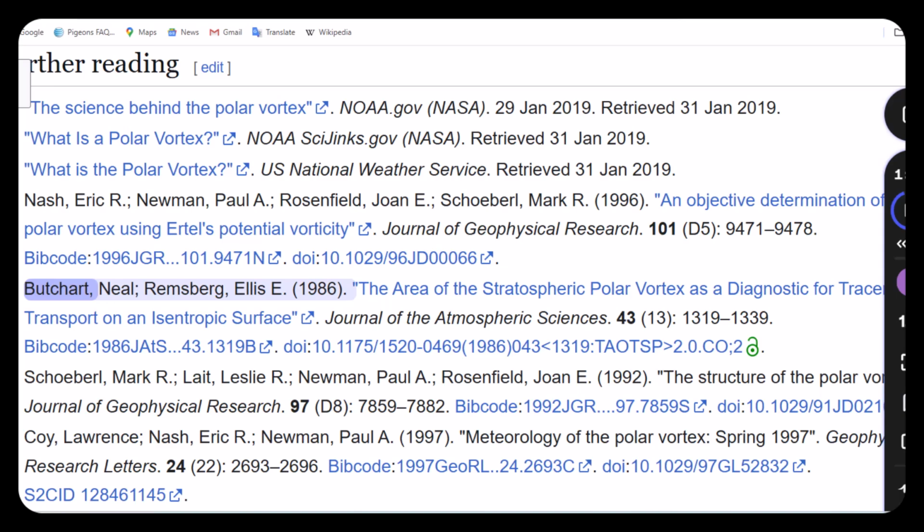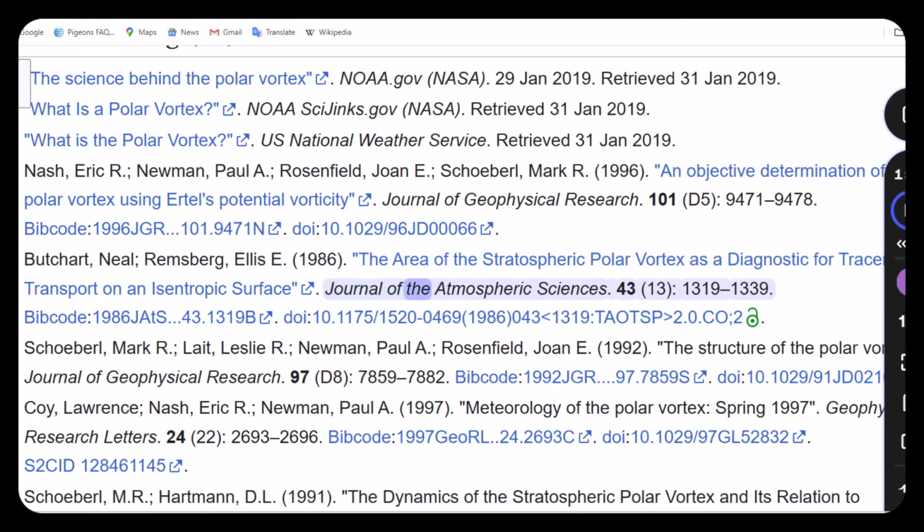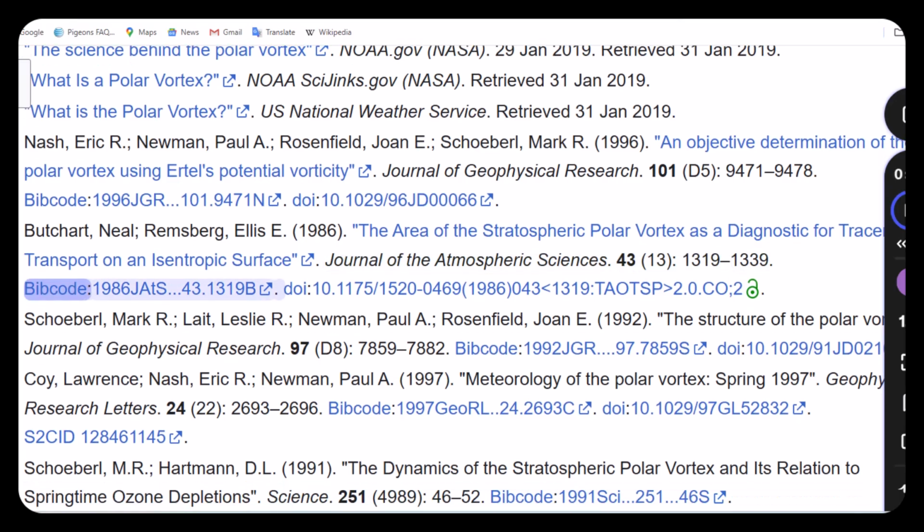Butchart, Neal, Remsberg, Ellis E., 1986. The area of the stratospheric polar vortex as a diagnostic for tracer transport on an isentropic surface. Journal of the Atmospheric Sciences, 43, 1319 to 1339. Bibcode 1986JAtS...43.1319B. DOI